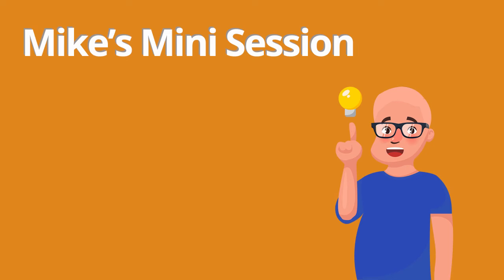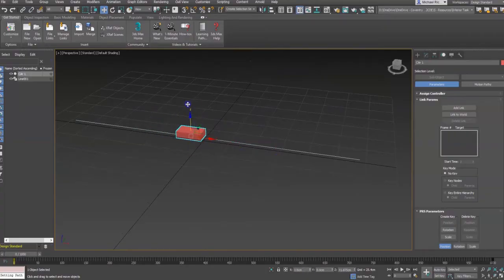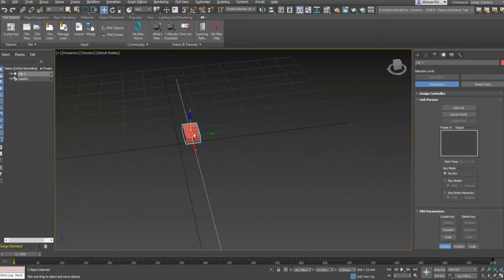Hi everyone, in this session I'm just going to really quickly show you how we can add a camera to our race track and use the link controller to get some nice camera effects and some following. So as you can see, I've already set up my basic car on the line. If you've still got the setup from the last one with the dummies and the